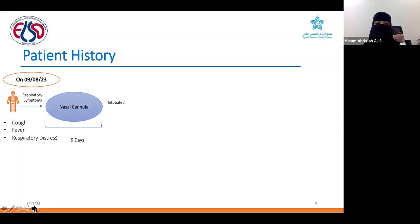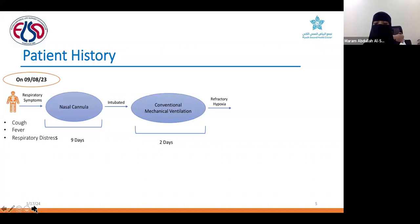Then unfortunately, the patient's respiratory condition worsened, with an increase in the respiratory effort and hypoxia as well, for which the patient was intubated and started on mechanical ventilation for a couple of days. After that, her oxygenation didn't improve, and she started to have refractory hypoxia on the 14th of August. So the patient was started on high frequency oscillatory ventilation